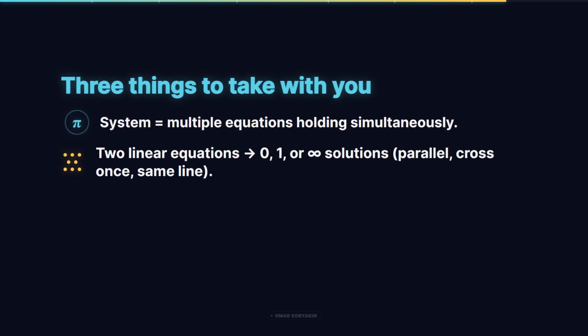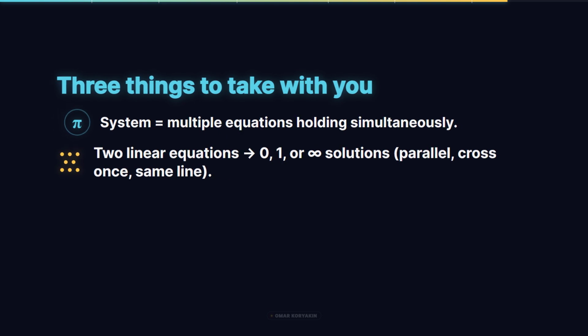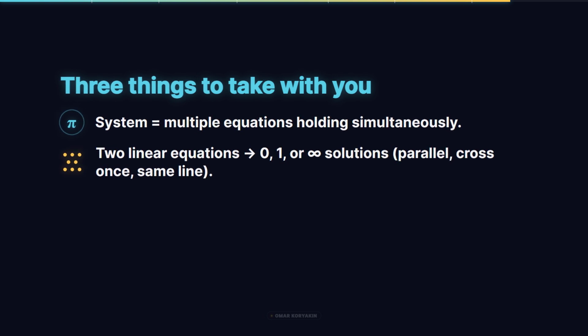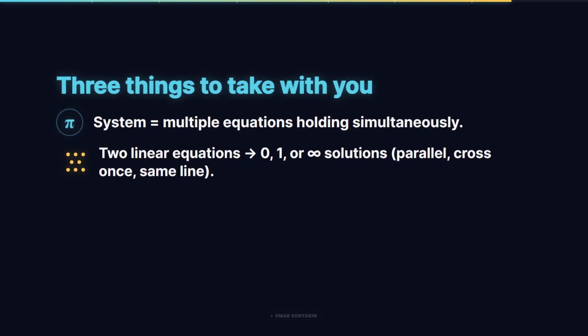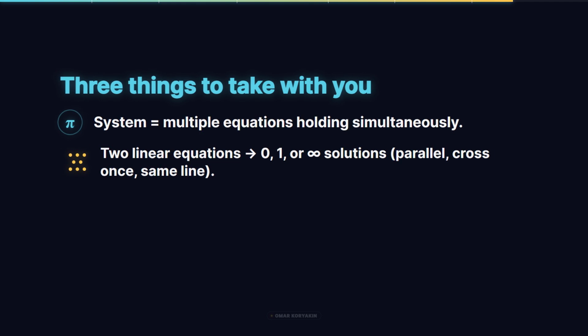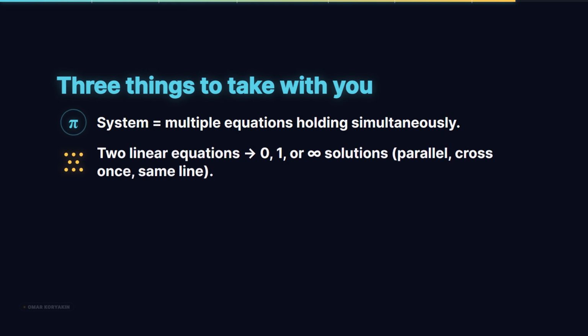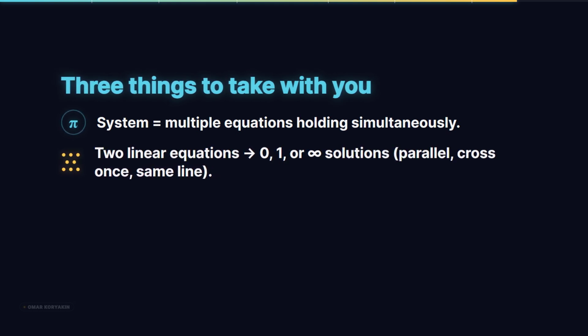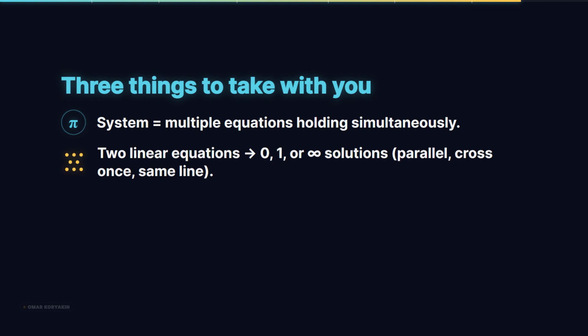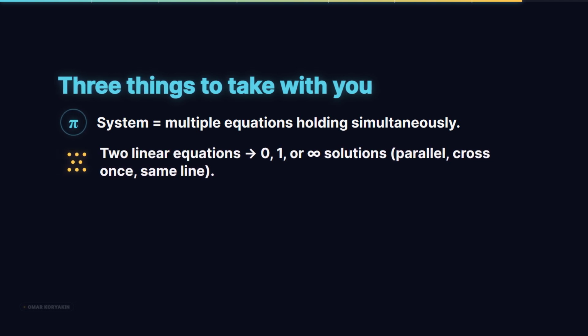Second, two linear equations in two variables have one of three possible solution counts depending on the geometry. One unique solution when the lines have different slopes and cross at exactly one point on the coordinate plane. No solution when the lines have the same slope but different y-intercepts and run parallel without ever meeting. Infinitely many solutions when the two equations describe the same line algebraically. The slope and intercept comparison between the two given equations diagnoses which of the three cases applies before any solving